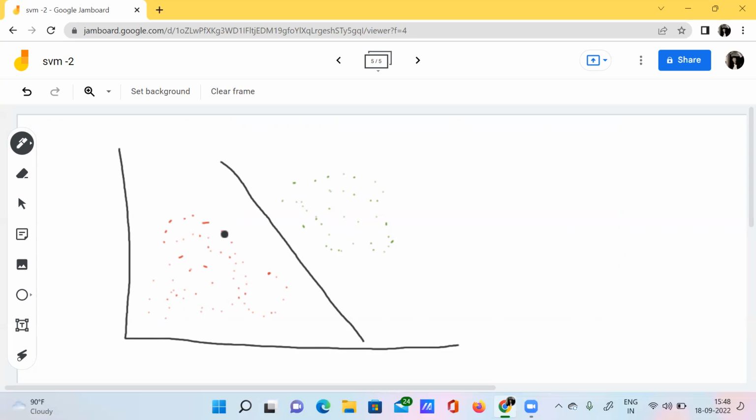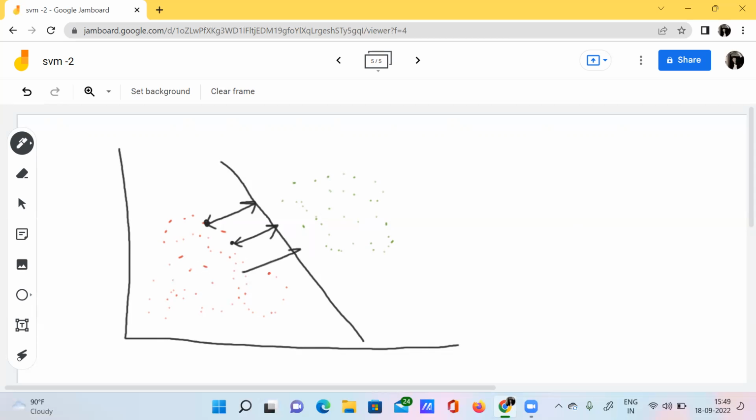And I need to calculate the distance between each data point and this particular hyperplane. For example, here I have a data point, right? I need to calculate the perpendicular distance between the hyperplane and this particular data point. And also I need to calculate the distance between this data point and the hyperplane. Like that, I will calculate the distances of each of those data points to the hyperplane.